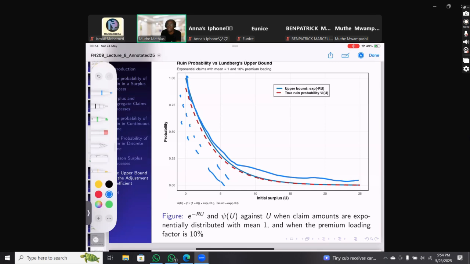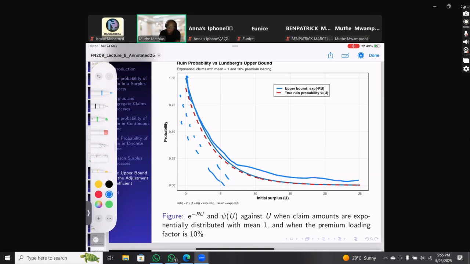That is the limitation we have now. Of course, kwamba we don't have a formula, right? But if you go and practice, you have all these powerful machines nowadays. You can simply estimate that kwa kutumia numerical methods. But we are not covering numerical methods in this course, so I cannot ask you a question, maybe find the probability of ruin given that you have this and this, right? I will ask you a question, find the upper bound for the probability of ruin. But exactly the probability of ruin, of course, you need to use numerical methods, which is beyond what we have to cover in this course.